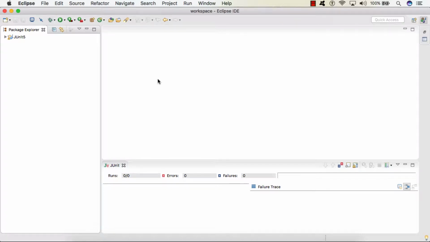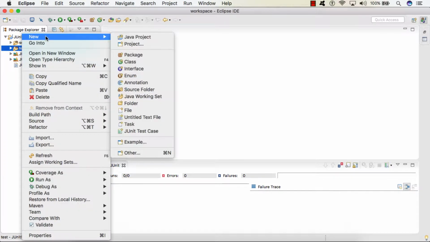Hi everyone. So in this lecture we will see the demonstration of assume true method. So in our JUnit 5 project, in our test folder, I will be creating one class.